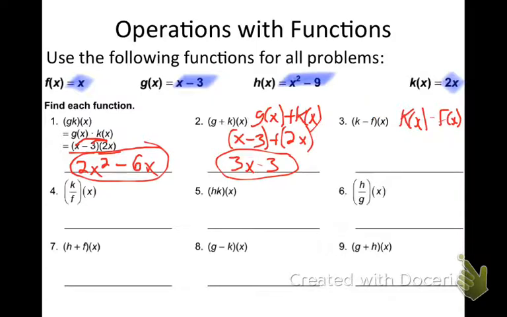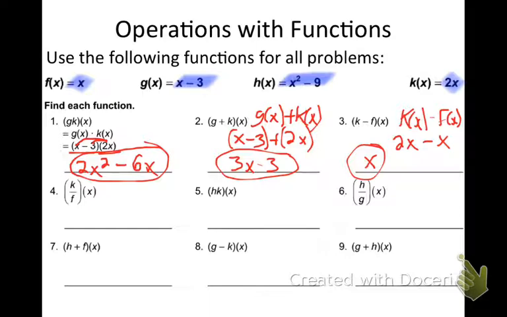So what's k of x here? K of x is, as John said, 2x. F of x is x. 2x minus x is x. There's your answer. Again, if you can add, subtract, combine like terms, multiply, divide, you can do everything we're doing today. Number 4, k over f